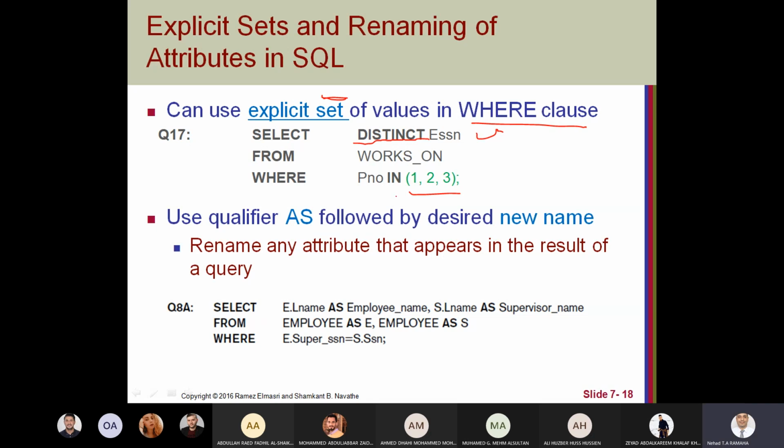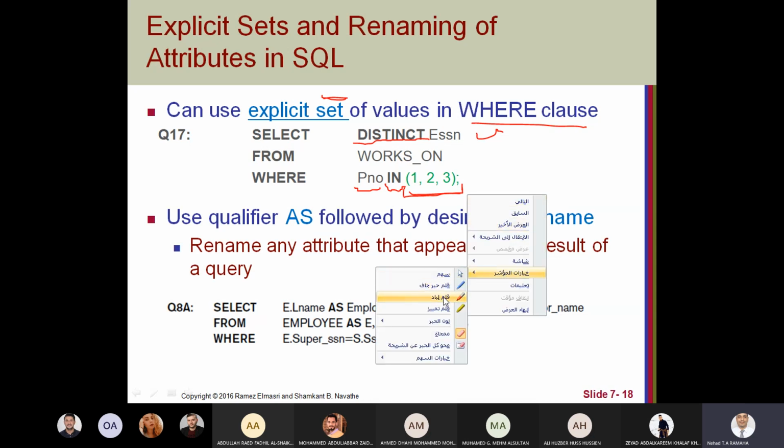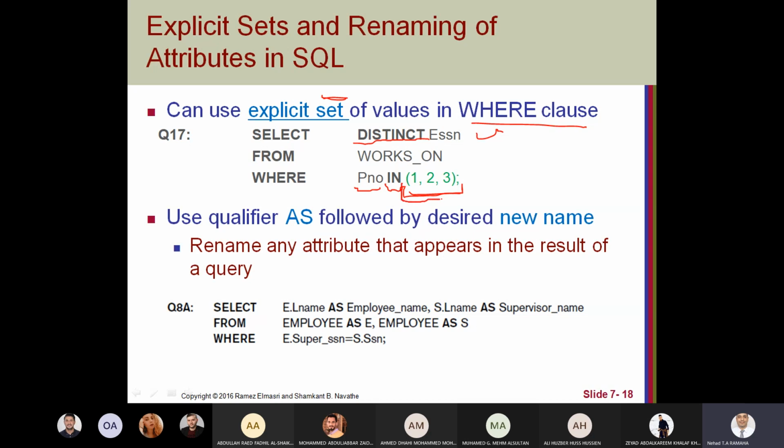We can use IN. It's the same as when you use IN with a select statement for the inner query, which returns a set of values. So we can explicitly mention the set of values if we know them.